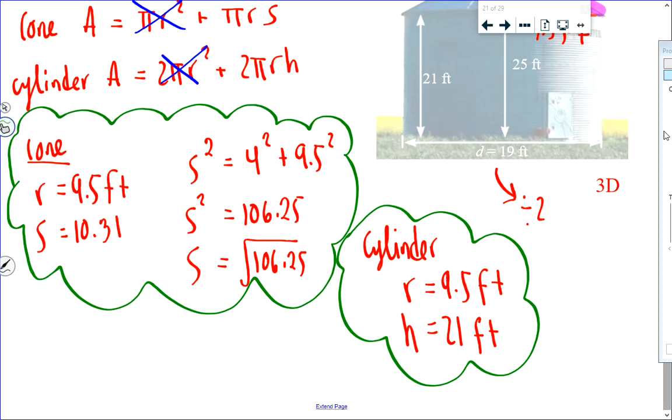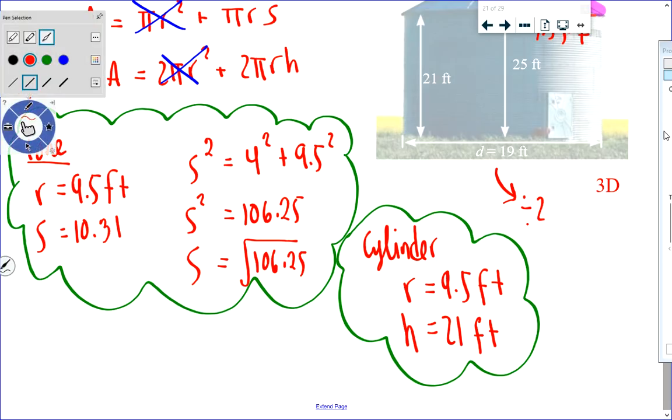So the area is pi rs. I'll just highlight this for you. Pi times the radius times s, which is 10.31,